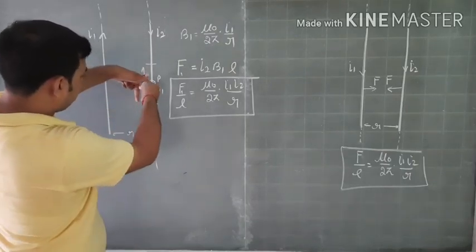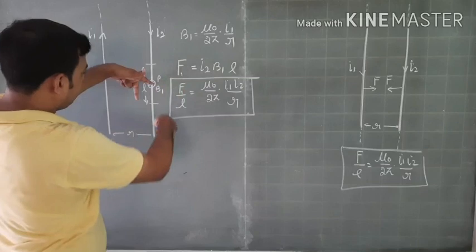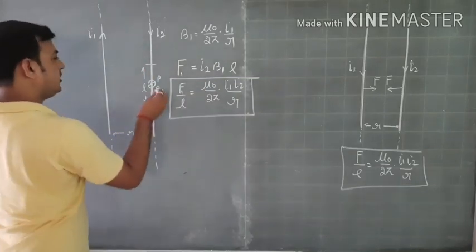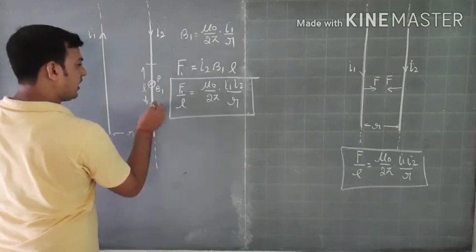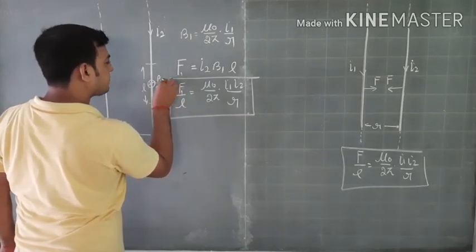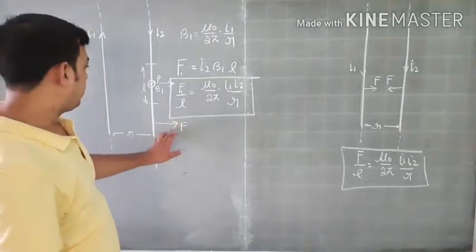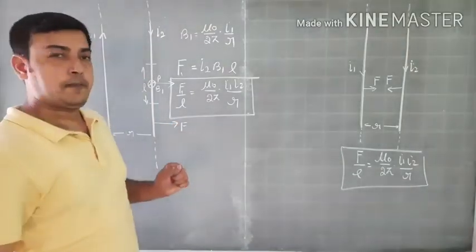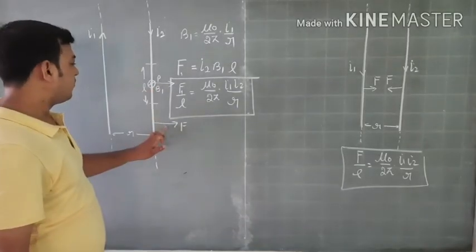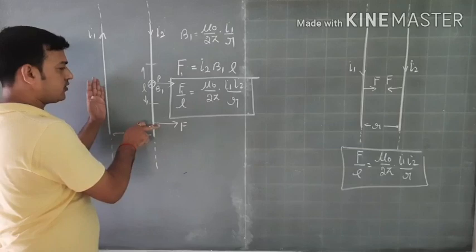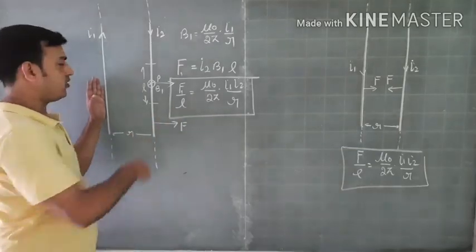My magnetic field is into the board and the current is downwards now. So my middle finger is in the direction of current, forefinger in the direction of magnetic field. Now the thumb is towards right. So it means this force is acting in this direction. But in the previous case, this force was towards left. In this case, the force is towards right. It means this wire is exerting a force towards right on this wire.